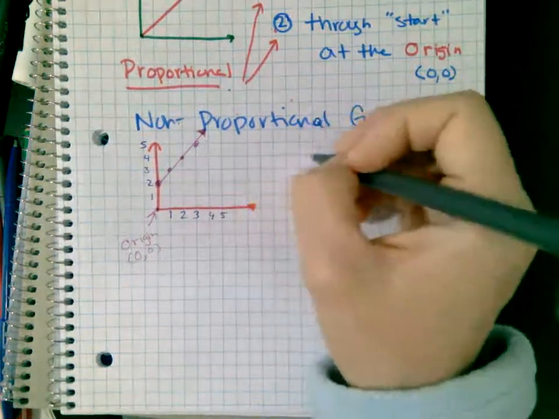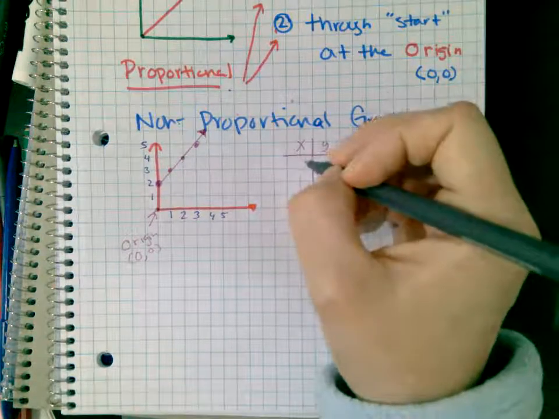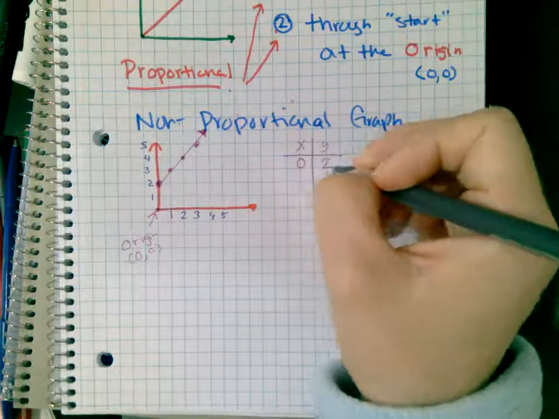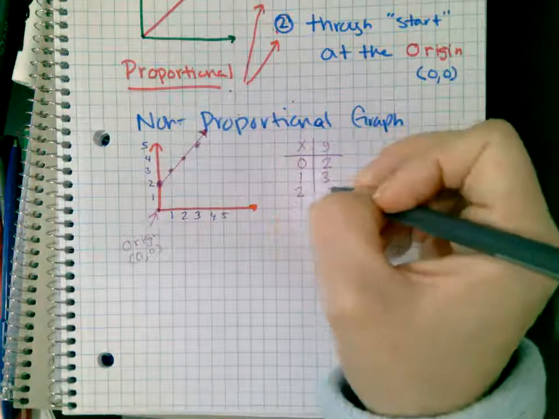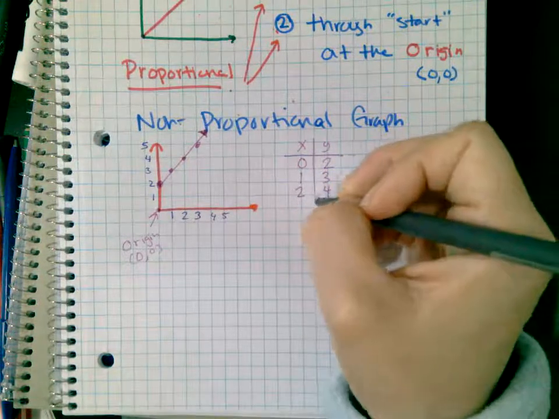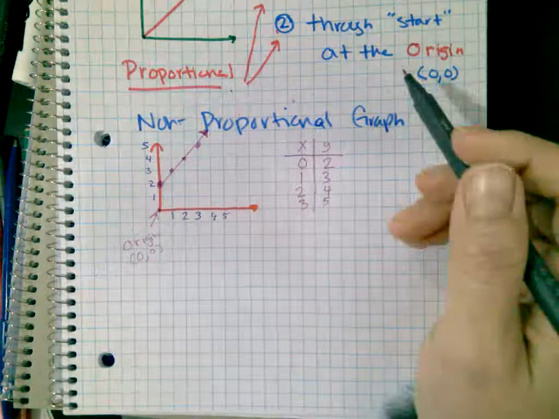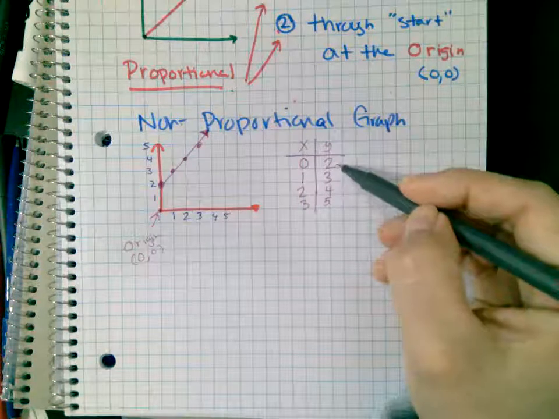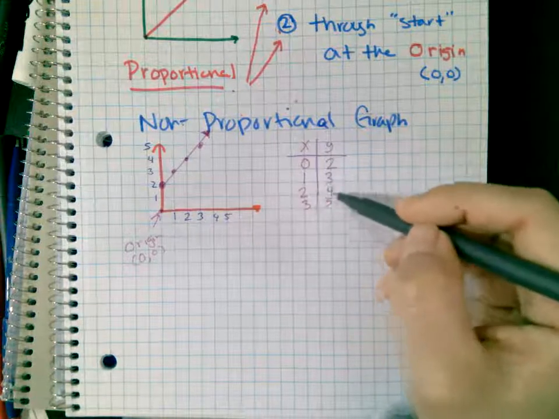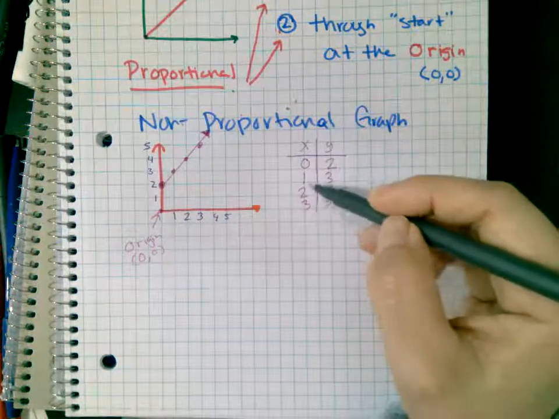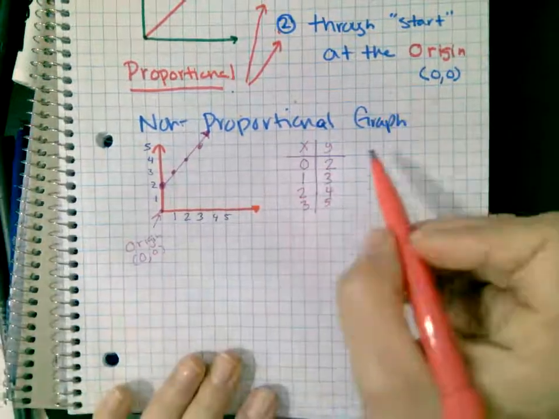Like if this was a table, and I actually draw my table this way, which is the same thing I did the other way. When x is 0, y is 2. And then x is 1, y is 3, 2 is 4, 3 is 5, right? And you're like, oh, look, Miss Amelie, we're going up. We're going up by ones. Look, everyone goes up by ones. Here we're going up 1, 2, 3. You know, yeah, it looks like it's in order. It's super awesome. It looks really nice and neat. It does. But this right there